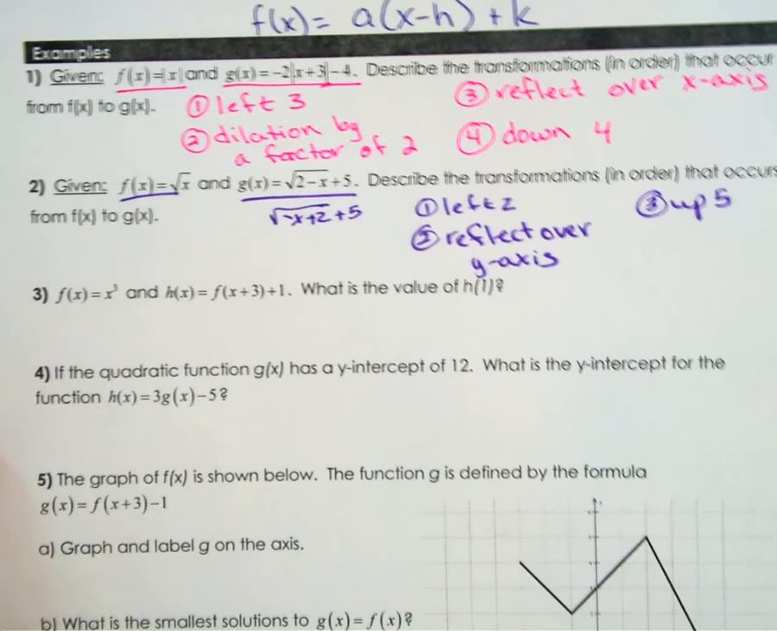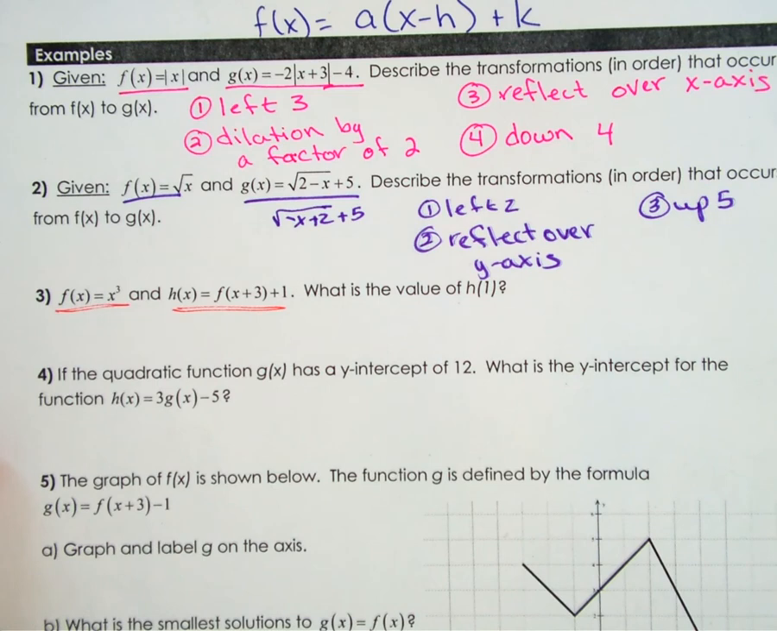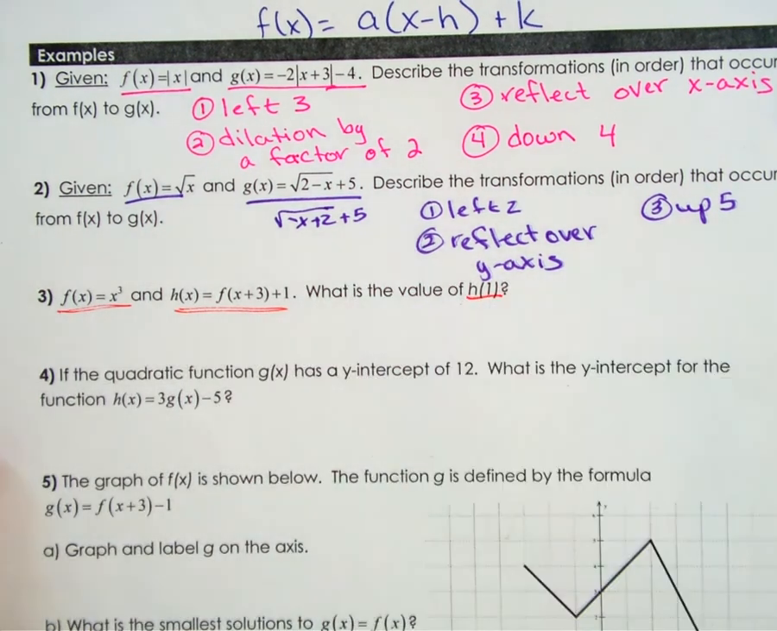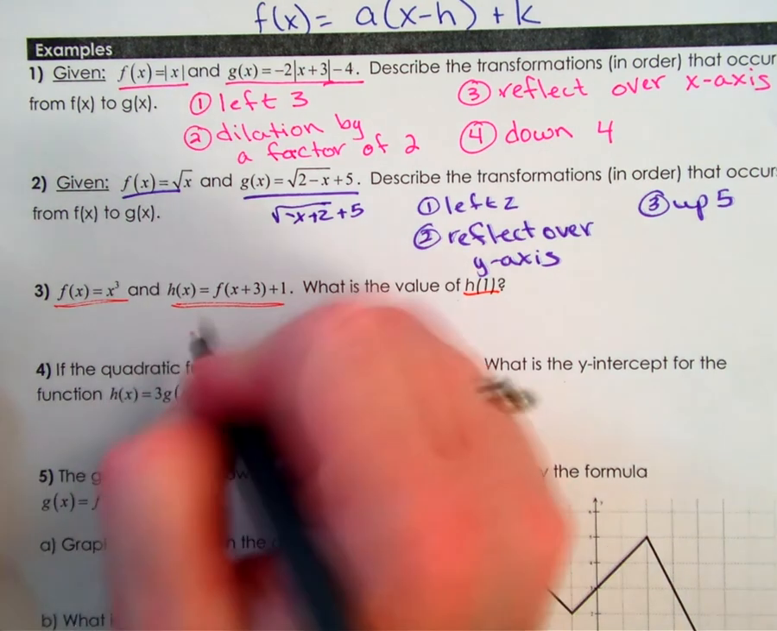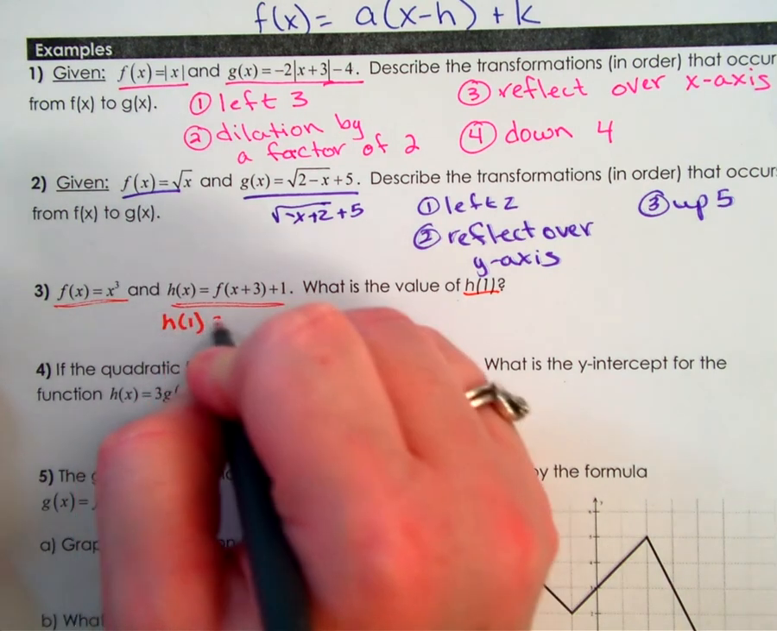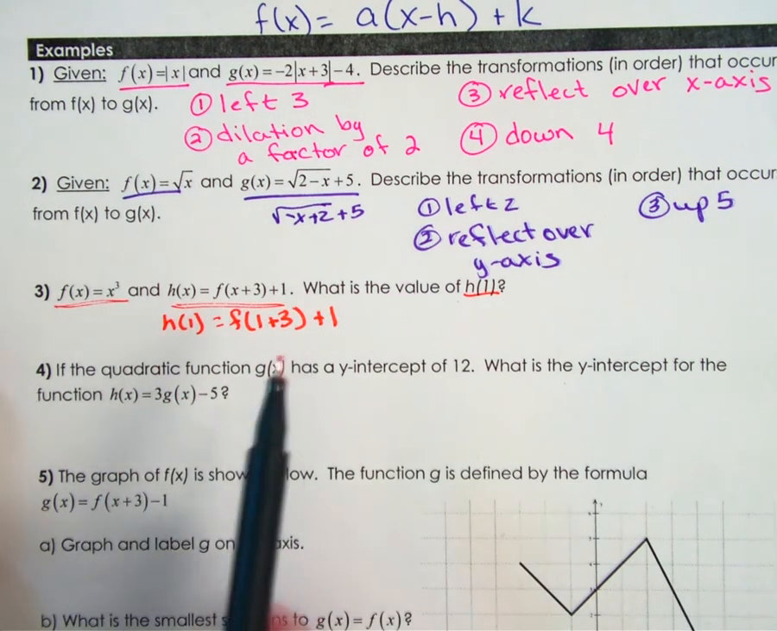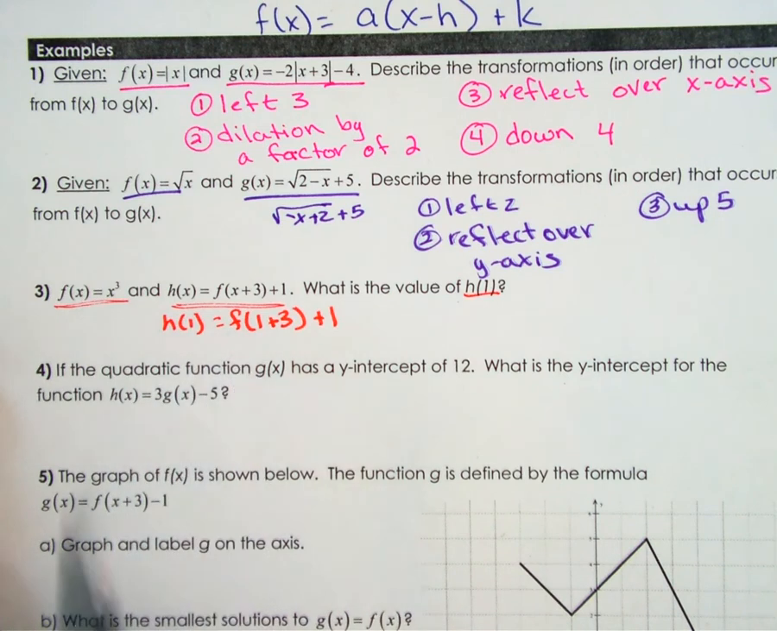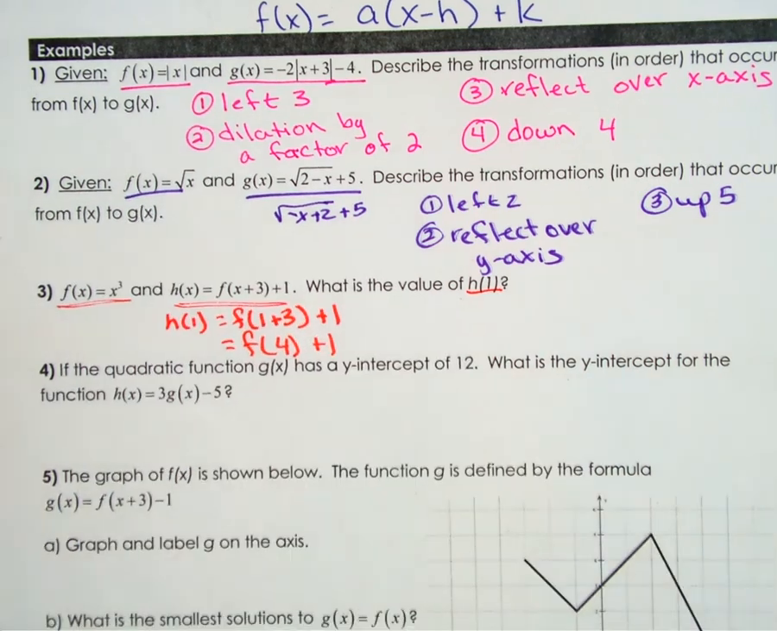All right, number 3, parent function. Parent function has been transformed. They want us to find h of 1. So we actually don't need to know what the transformations are here. We don't really need to know that it's going left 3 and then up 1, because that's not going to help us any. H of 1 means I'm going to plug a 1 in for all of my x's, even right here in that function notation,